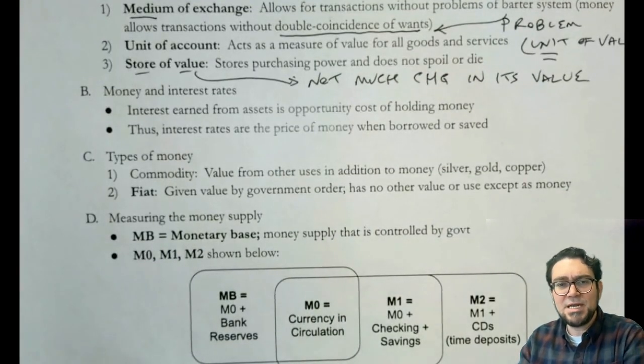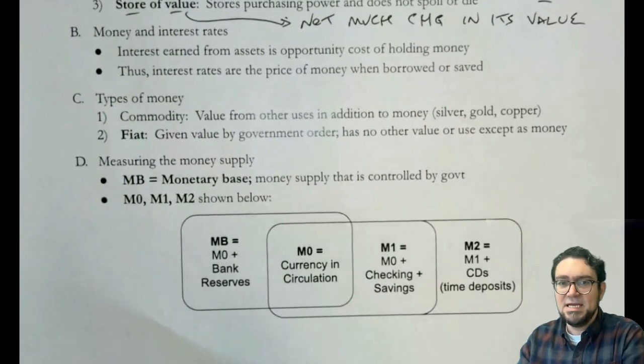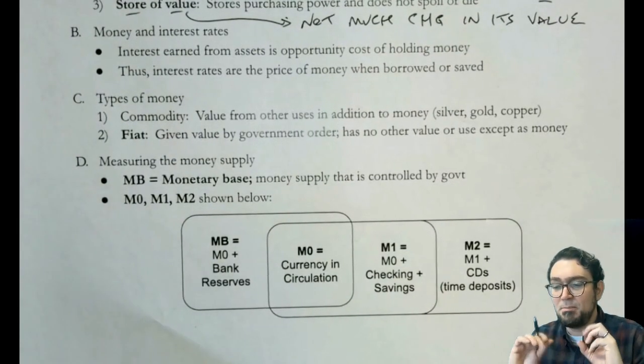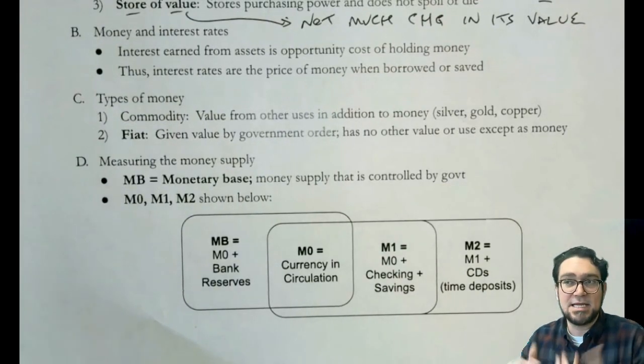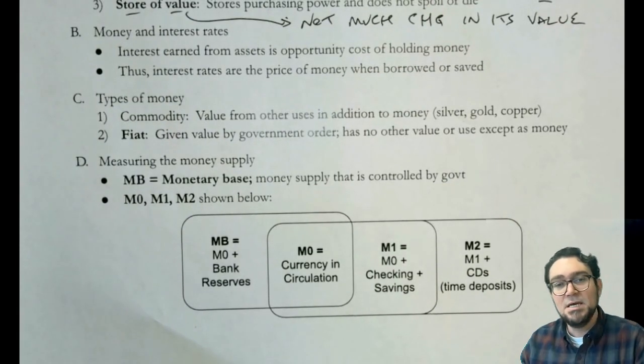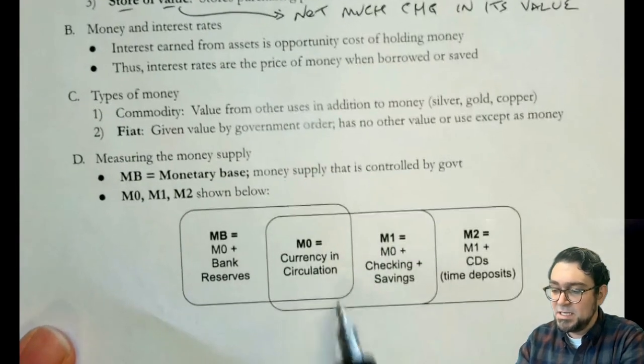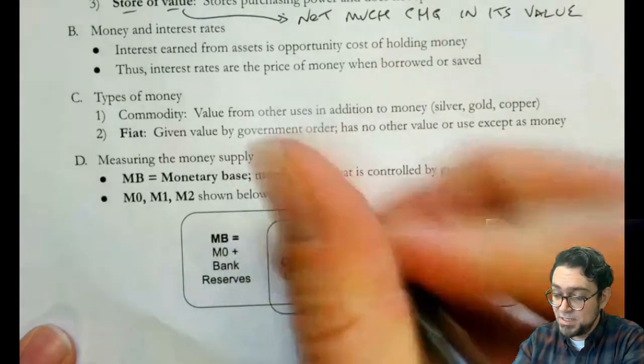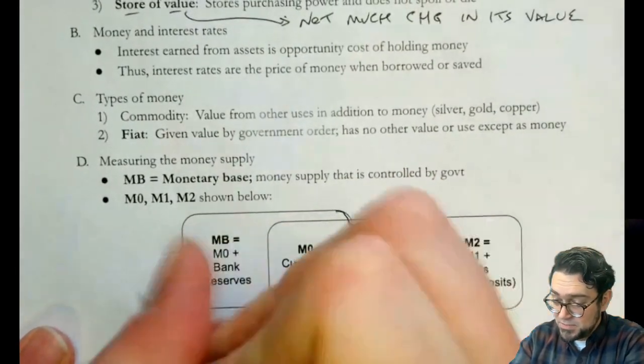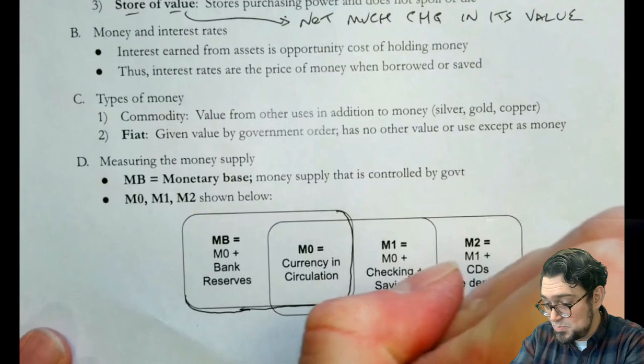The last part to know about money is that we count how much money there is. And there are four different kinds of what we call monetary aggregates. These are added-together counts of how much money there is. The monetary aggregates are actually in nested concentric circles. So the first one that I want to talk about is this big concentric circle that we're going to refer to as MB, right?